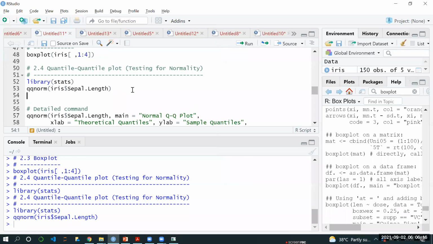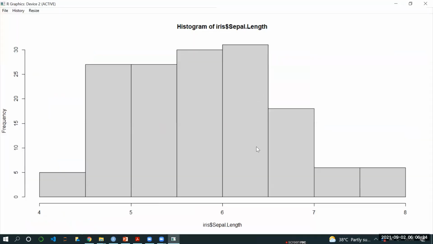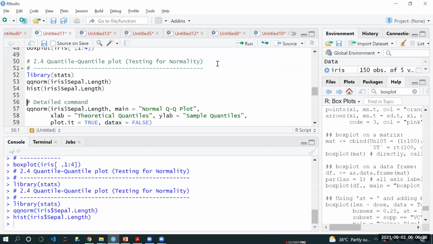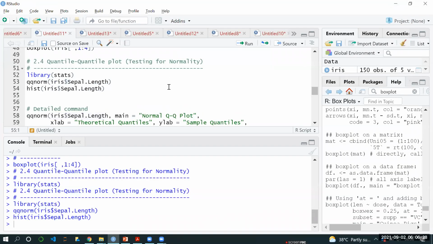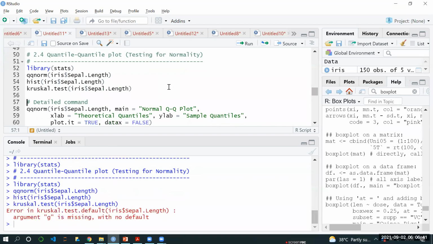What I can check? I can check histogram, copied, pasted. It's showing yes, my assumption is right. It is not a bell shape. Some of you who have studied statistics would have seen Kruskal test. This is a test which is used to see whether your data is normally distributed or not. Kruskal test,